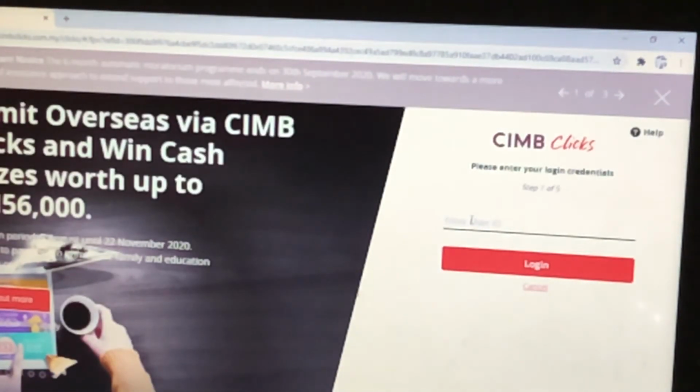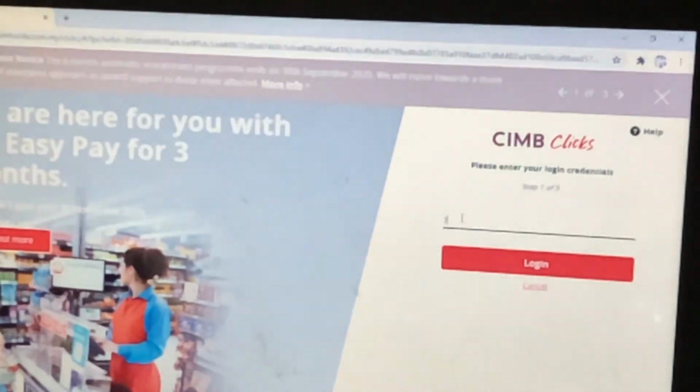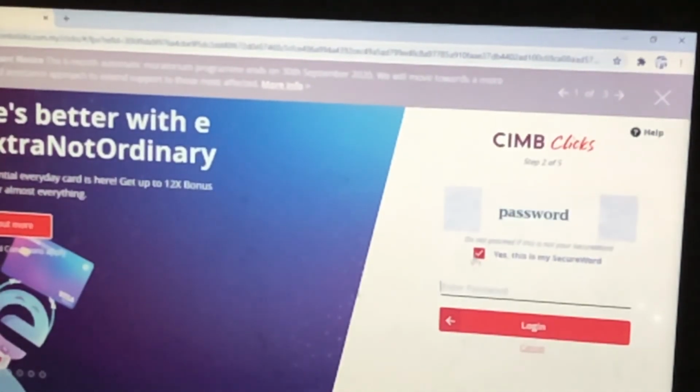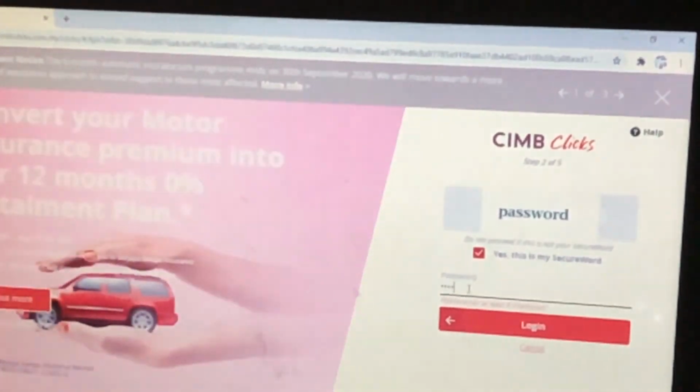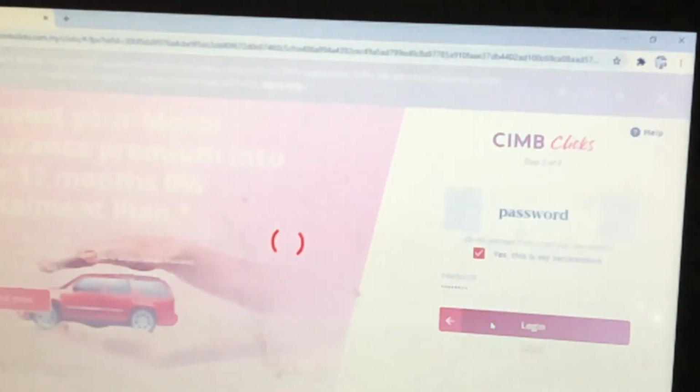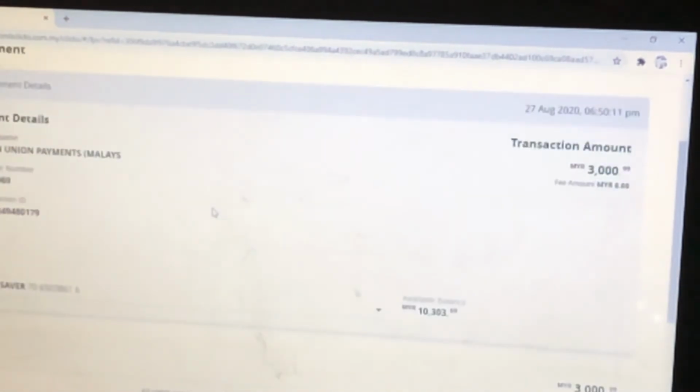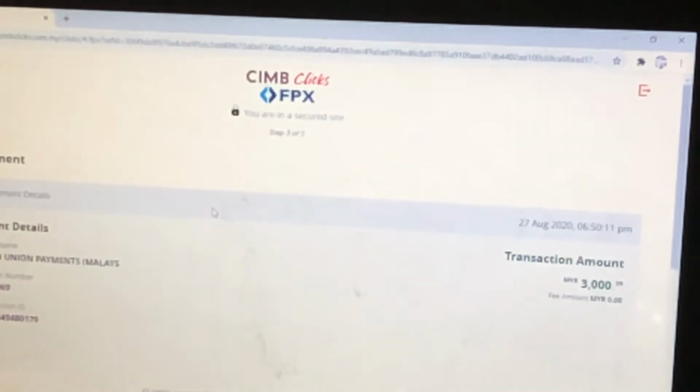Okay, now you see, when selecting the bank, I selected CIMB Clicks. So you can see I can select the bank, I can give my password, and you see it is showing you the amount you want to send.